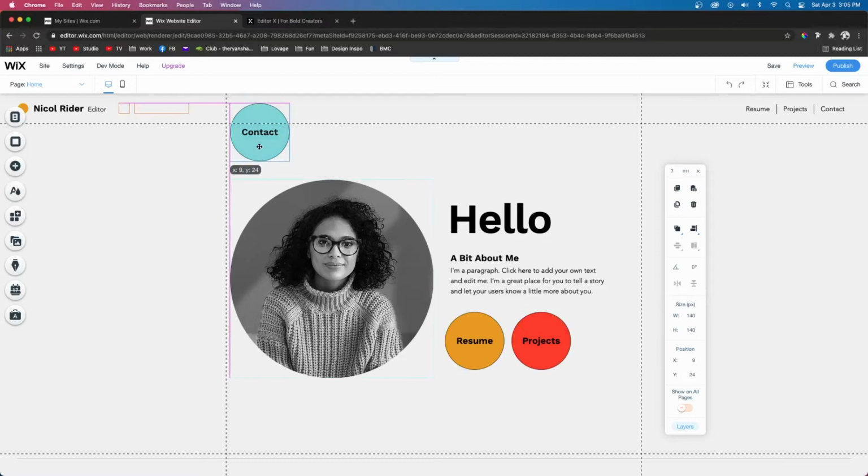So if we move this button all the way to the top and left of this guideline, we're going to see the position is set to 0, 0. If we move it all the way to the right, you're going to see that the Y value is 0, but the X value is 840. If we bring it all the way down to where it was, just like that, this is the new X